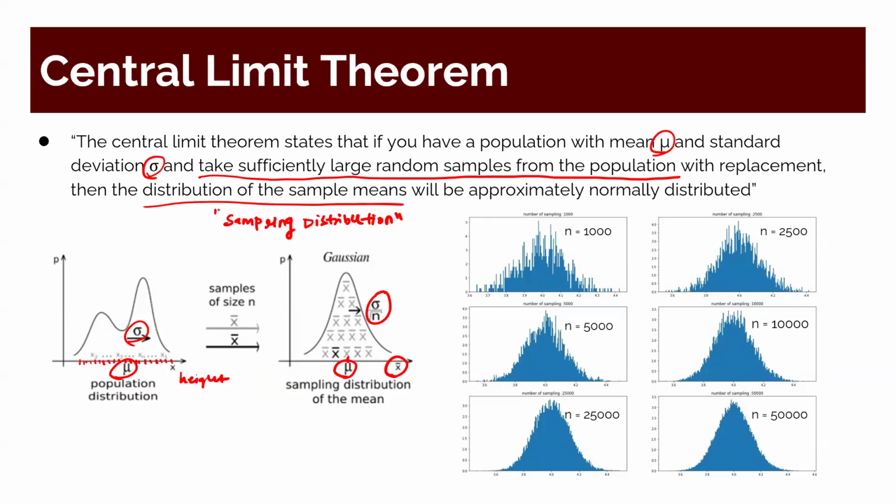So that is what the central limit theorem tells you. Even if you don't know mu and sigma beforehand, you will know what mu and sigma are after you use CLT, right? When you have this distribution with you, you'll see what the center of this distribution is, and that will be the population mean. You'll see what the standard deviation is, and if sigma over square root of n is, let's say, 0.5, then you can find sigma from here, right?